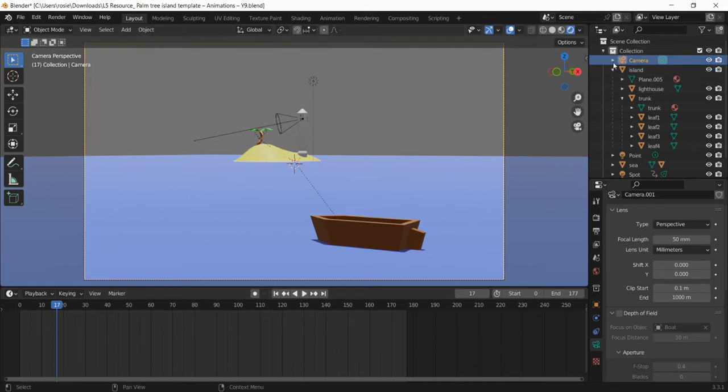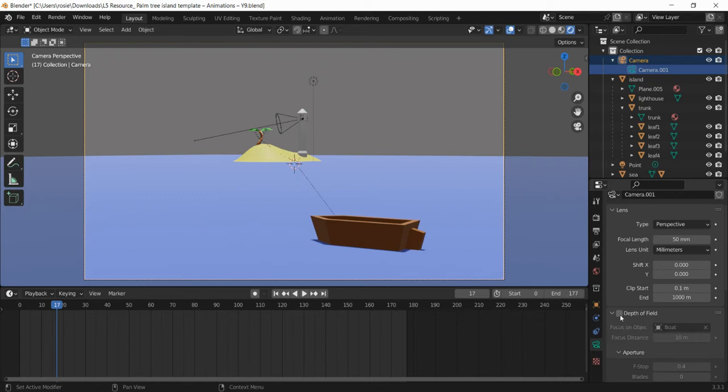Okay, and to do this, just in the scene selection up here, you've got camera, and if you click on the little arrow next to it, you'll see it says camera 01, so that's the name of our camera. And when you click on that, that should open up a little tab down here with a little camera icon. So just make sure you've clicked on that. Okay.